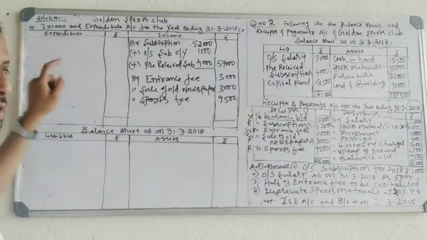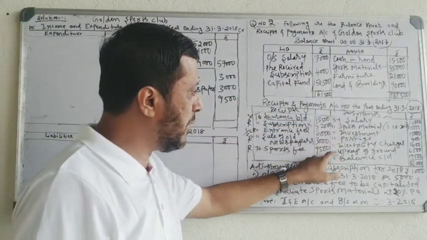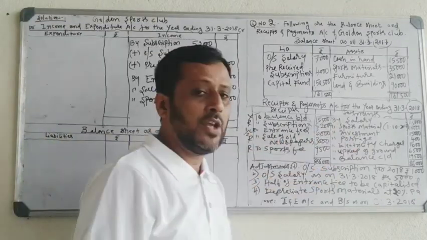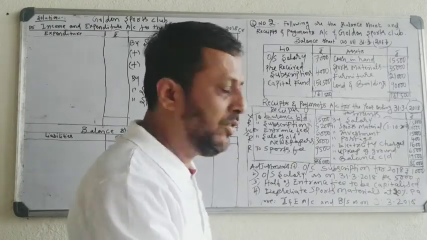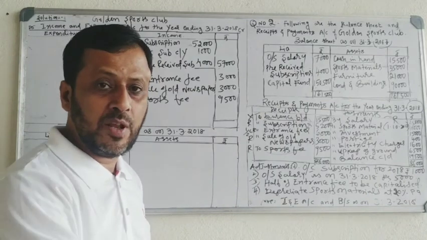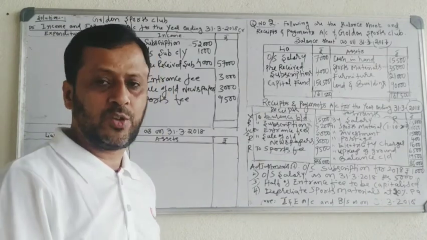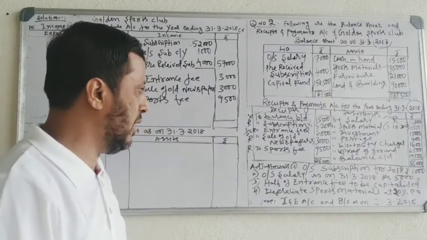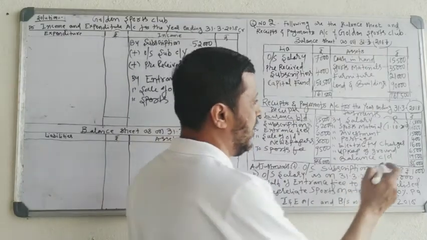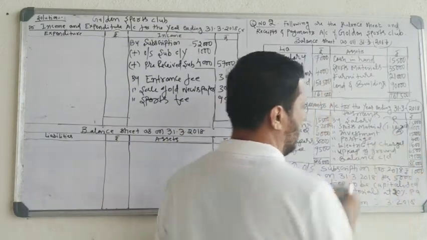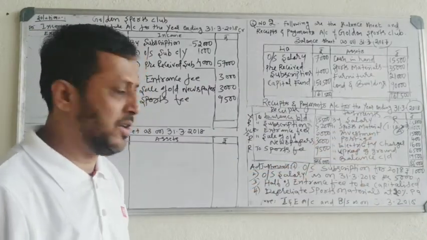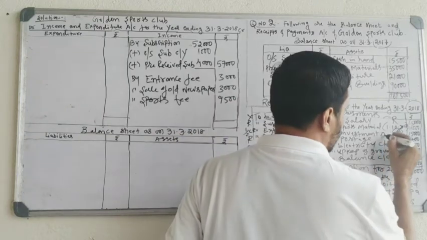Payments means expenditure. All revenue payments, revenue expenditures will be recorded on the debit side of income and expenditure account. First you have salary. Salary is paid every month, so it is a revenue expenditure because it is paid regularly. Sports material. For a sports club, sports material is an asset. So show in the balance sheet. It is an asset. Investment made in some other companies or some other organization. It is also an asset. Show in the balance sheet.